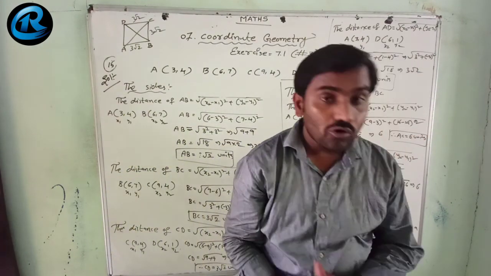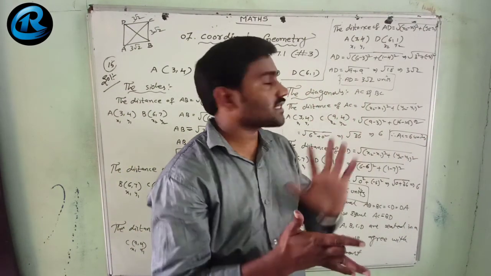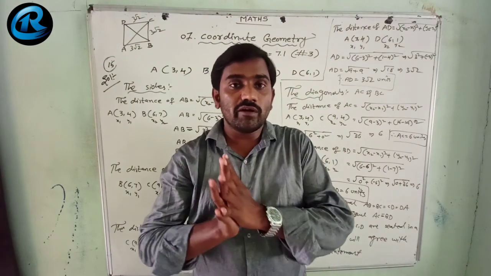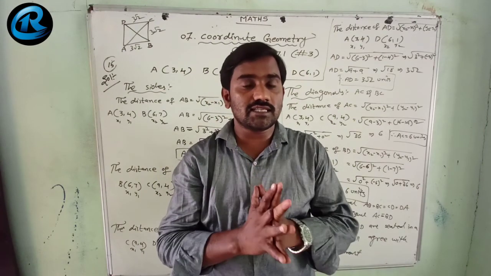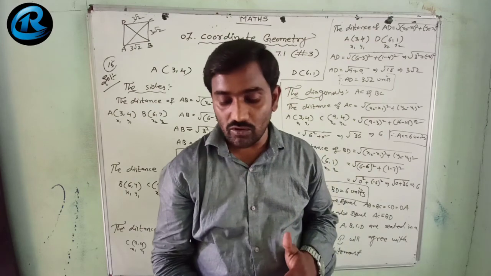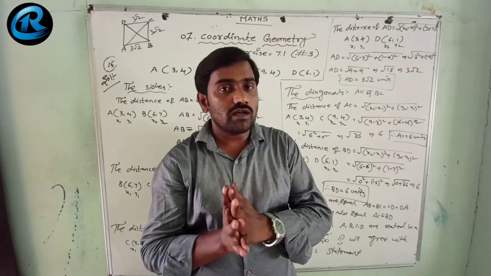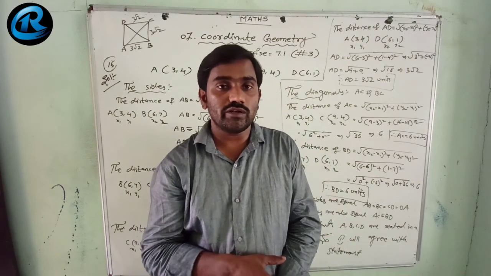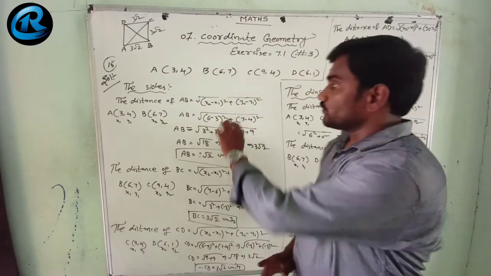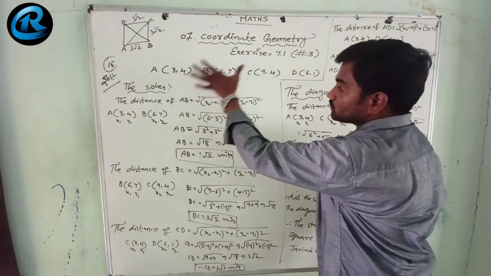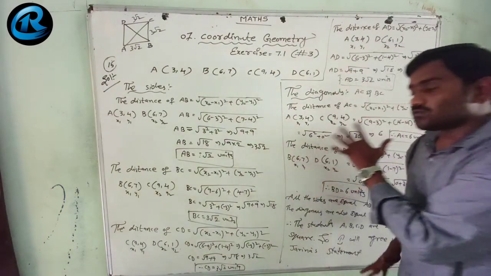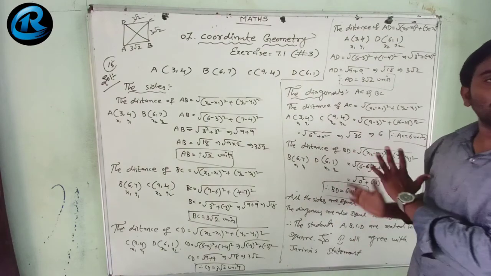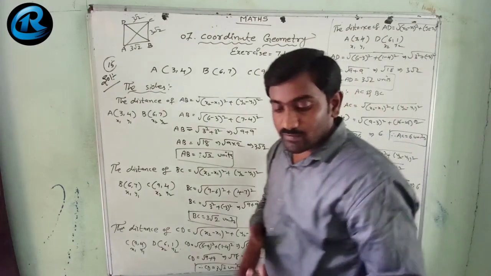So I hope you understood this exercise clearly. Practice properly, complete this exercise based on the distance formula only. Go through the distance formula and practice properly so that there will be no mistakes while substituting values. You see whether it is a positive one or negative one, accordingly we have to substitute, then slowly you do the solutions, you will get these answers. There will be nothing in this exercise.